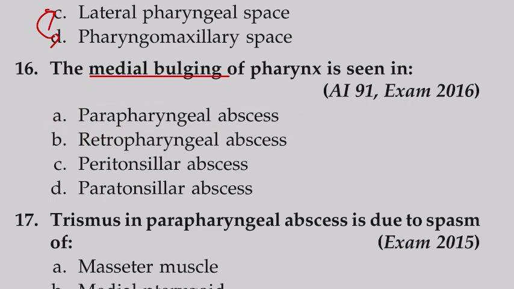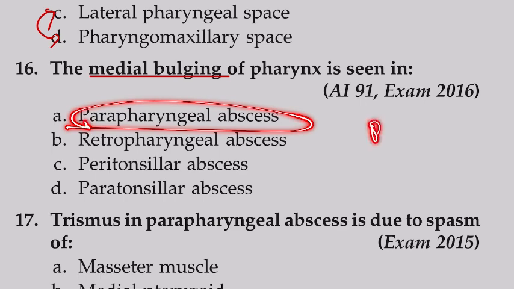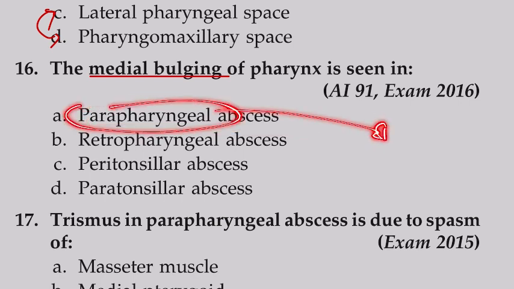Now talking about parapharyngeal abscess, the parapharyngeal space is the space just lateral to the pharyngeal wall, right? It is divided into anterior and posterior compartments. While talking about the anterior and posterior compartments of the parapharyngeal or lateral pharyngeal space,